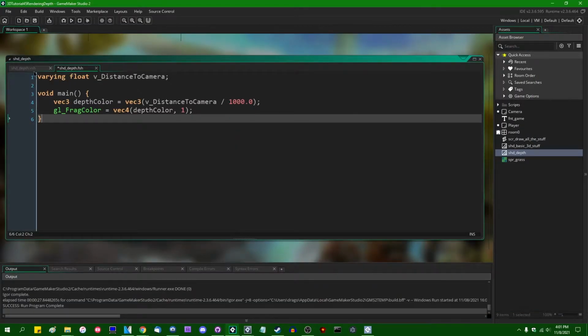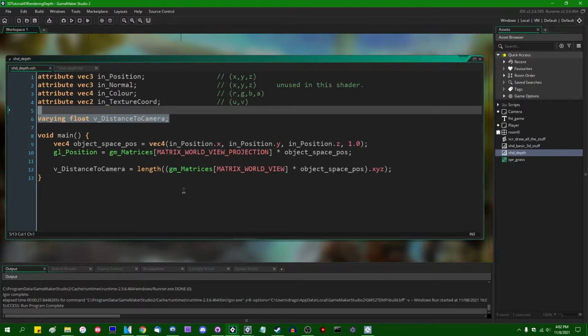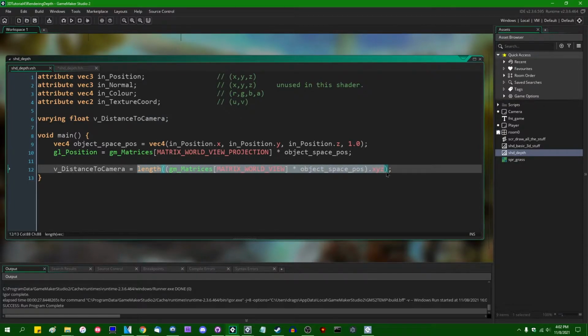The first thing I'm going to do is actually hop back over to the vertex shader. I am going to use a slightly different calculation for this v_distance to camera varying. Instead of getting the length of this matrix worldview times object space position vector, I am going to instead set this to a slightly different expression. I'm going to say gl_position.z divided by